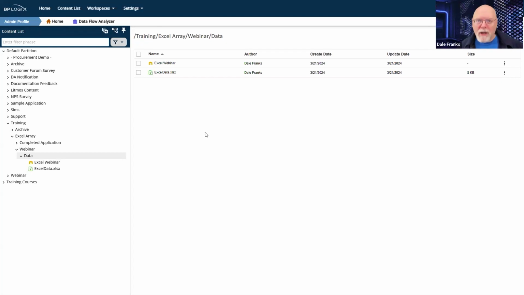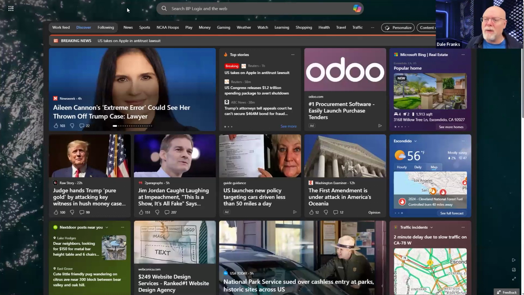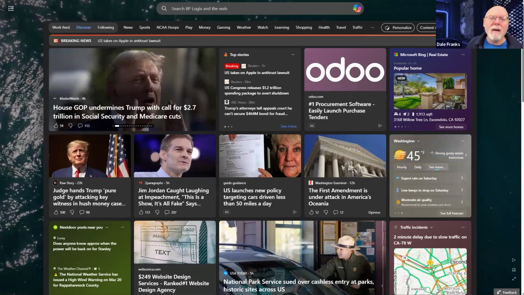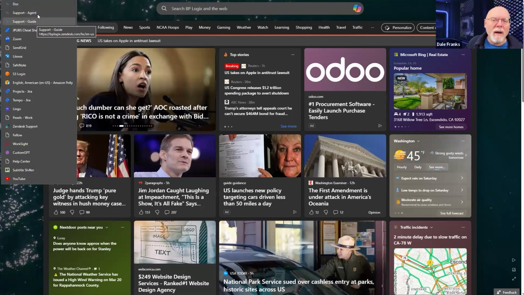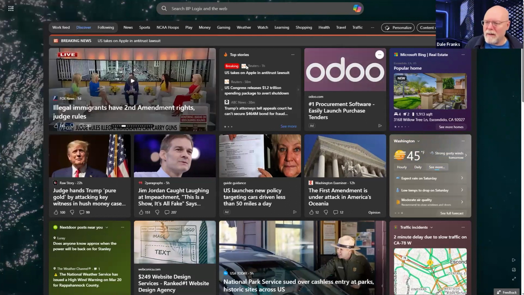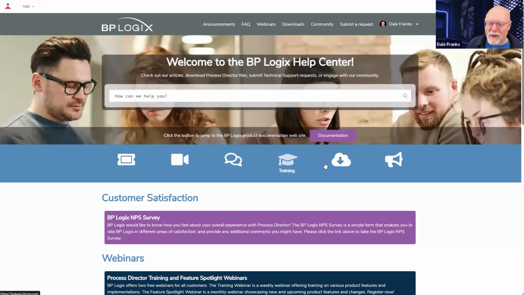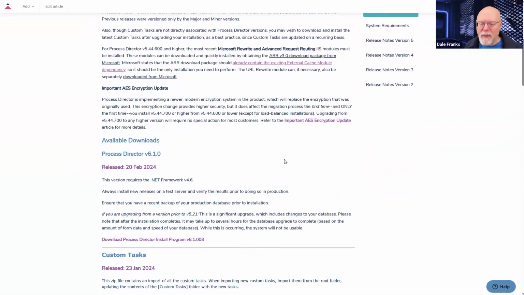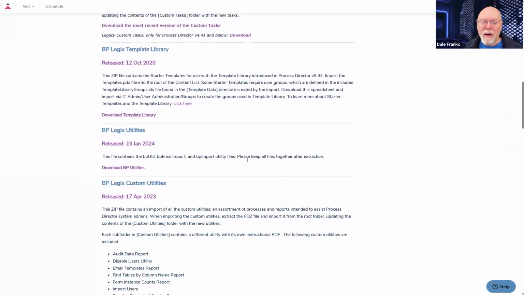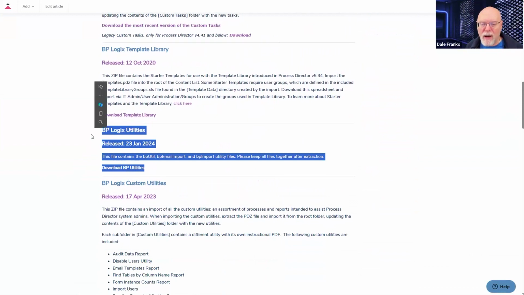If you're an on-premise customer, BP import and everything else is all part of the install. It's actually in the website folder. You can grab it and pull it down if you have access to the server, or you can simply go to support, go to the downloads page, and then go to Process Director downloads, and you can grab the BP Logix utilities right there.